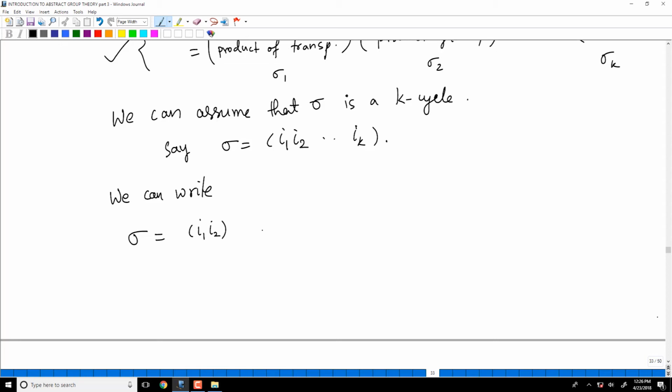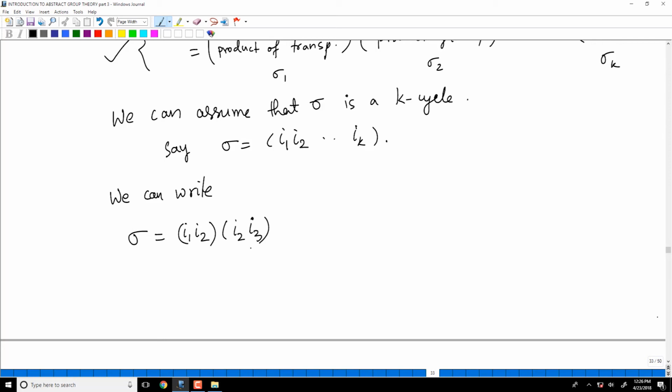I'm going to write from left to right, but when we actually multiply, remember, to figure out the image of an index, we go from right to left. So if this is the last one that is there, and if I make sure that I1 does not appear in the remaining ones, then I1 will go to I2 under the product. So I'll do